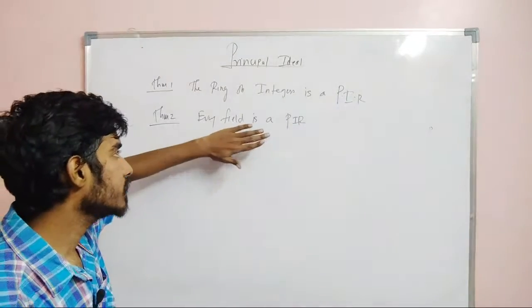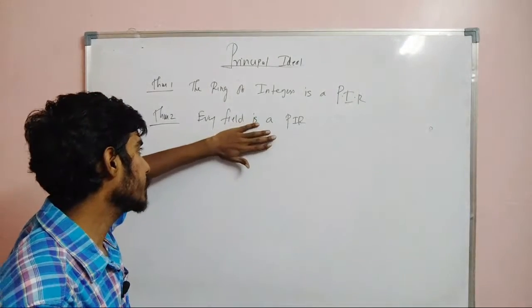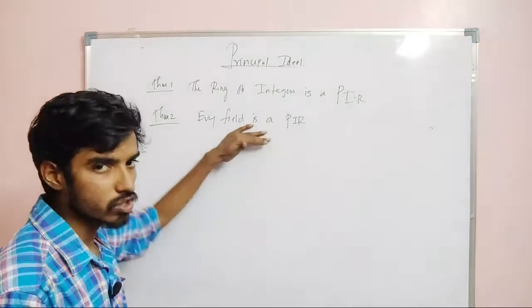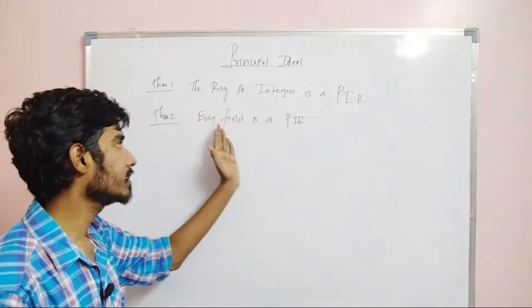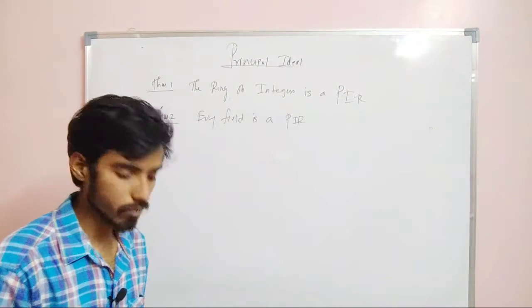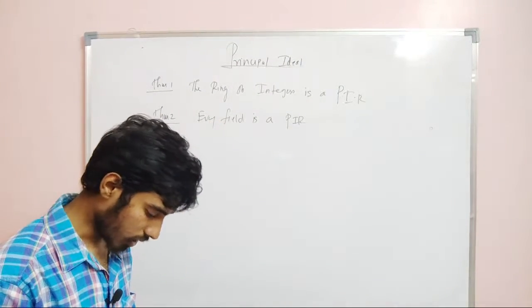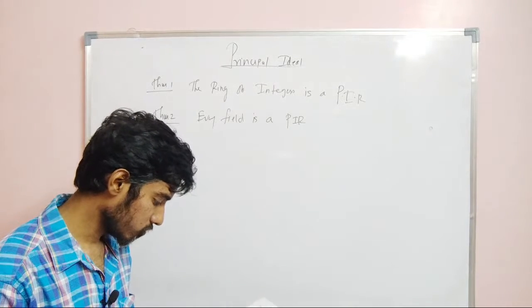Just now I have said we know that every field has only two ideals, which are 0 and F itself. We can generate 0 with the element 0, and we can generate the entire field F with 1, because 1 belongs to the field. Therefore,